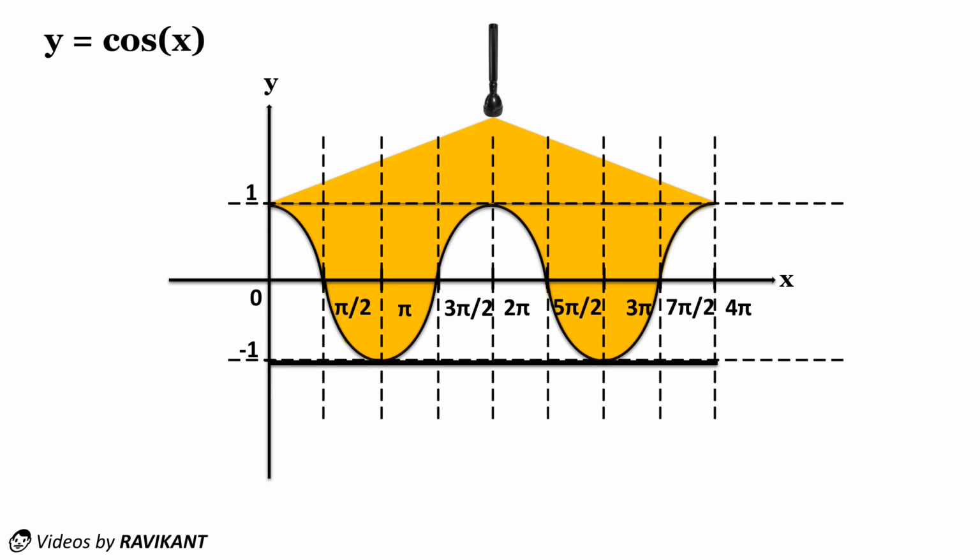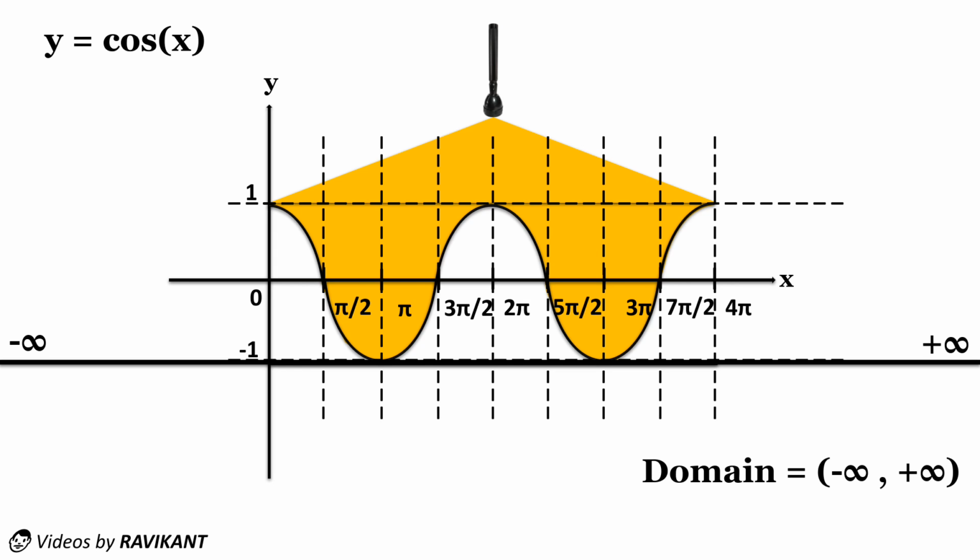Usually we know that when we shine light on an object, we see a shadow behind it. So here we have also the same thing. But this is not the limitation of this graph. For better understanding, we just made it from 0 to 4 pi interval. But it runs continuously from minus infinity to infinity. And the shadow will also continuously run from minus infinity to infinity. So simply watch the shadow where it is from and find the domain. So the shadow is from minus infinity to infinity. So this is our domain of cosine graph.